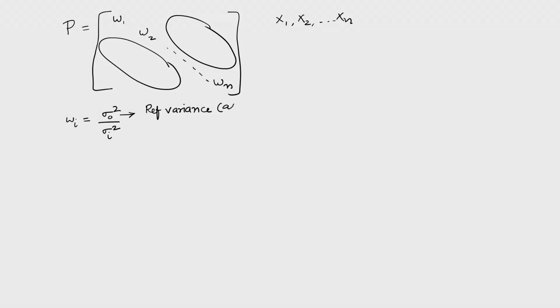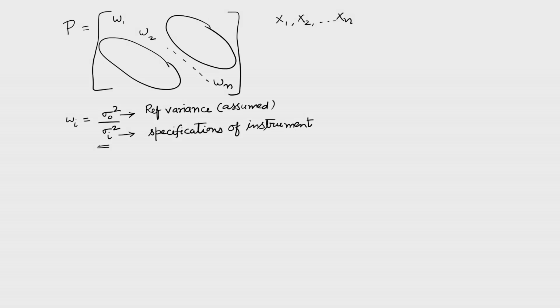We have assumed this value, and also this value is coming from either experience or in general it is coming from the specifications of the instruments. So, I am using the specifications of instruments to estimate this sigma i square. So, it is a general idea that we are using some instrument for measurements. So, the instrument should give me this kind of quality in the observation, even if I take one observation.